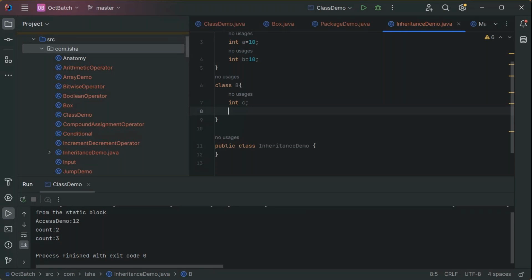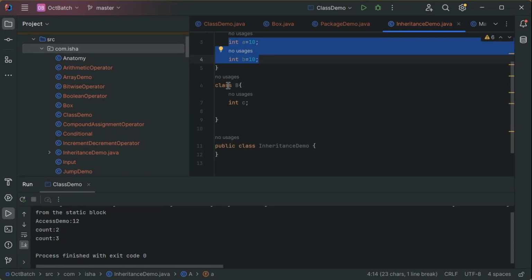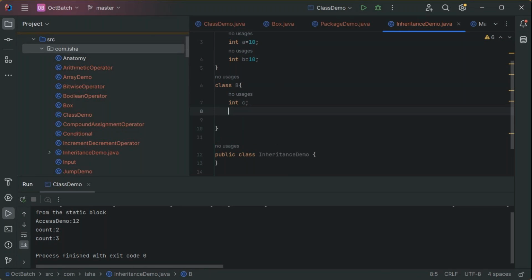Now I have some work. I am in need of these two variables A and B in class B. These two variables, which I already created in the previous class, I want in this current class. So instead of going and duplicating the values like int A